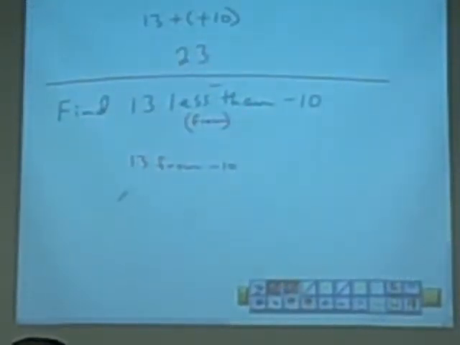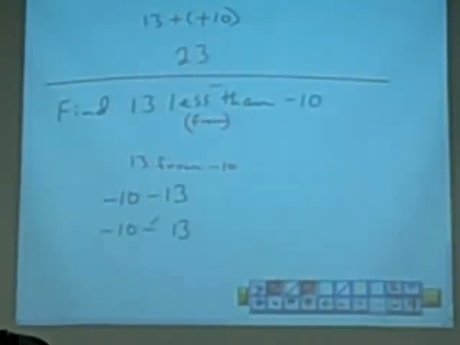well, how would you write it? Negative 10 minus 13, right? So that's how you have to look at less than. 13 less than negative 10, the order is switched. So now it's negative 10 minus 13. You get the operation of a larger number. And so now we're going to go ahead and apply that